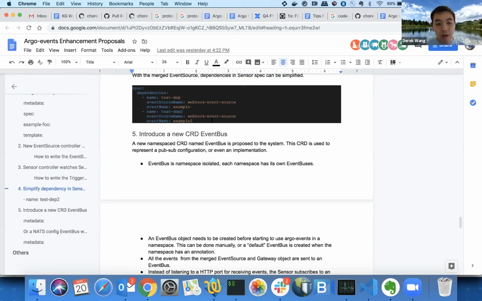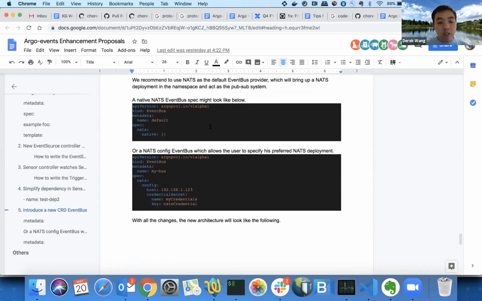But right now, when using NATS, you need to give details in both the gateway spec and the sensor spec. We want to introduce a new CRD object so that you don't need to give these details, and you don't need to know there's a NATS in the system.